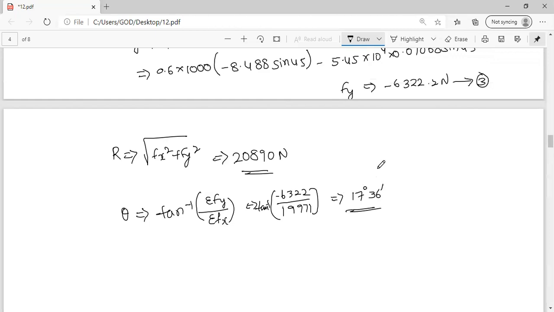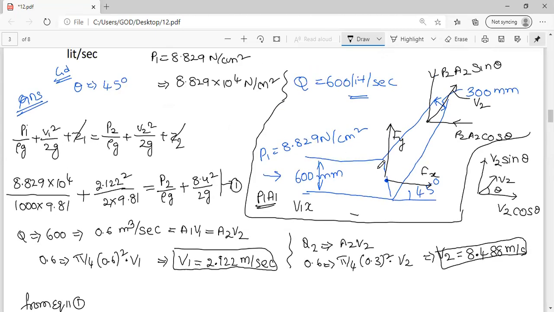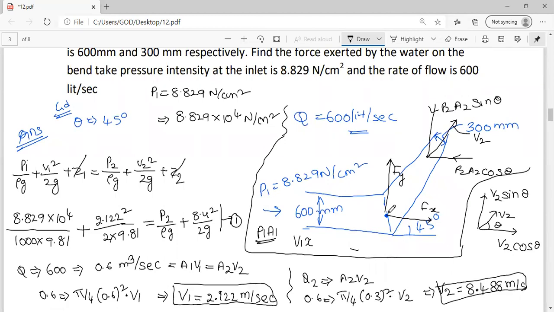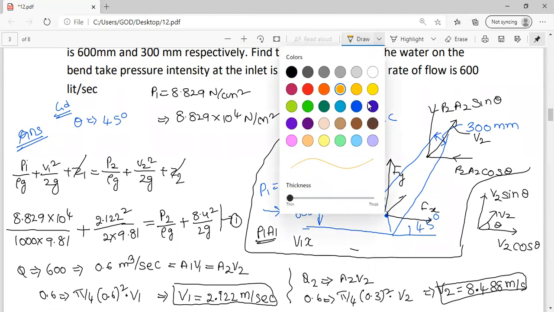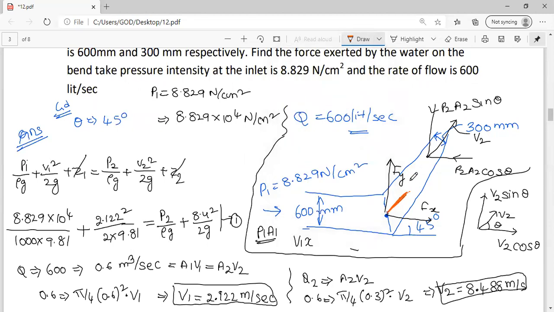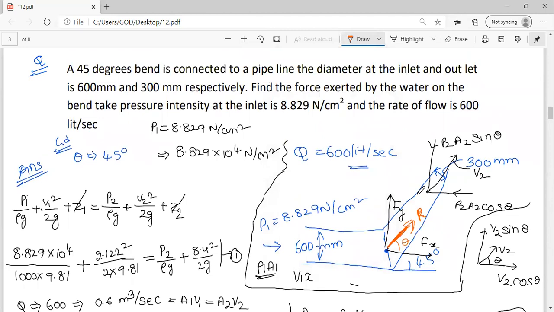So that means 20890 newtons of force is acting at this junction. At what angle is it acting? At an angle of 17 degrees. That means somewhere here the resultant is acting. Let me use a different color for clear understanding. Somewhere here, the resultant force R is acting at an angle of theta. The theta and R we have calculated. With this we can calculate how much angle we have to adjust, or how much thickness of the pipe can be adjusted. Depending on your requirements, you can design this particular pipe system. That is the main motto of the momentum equation.